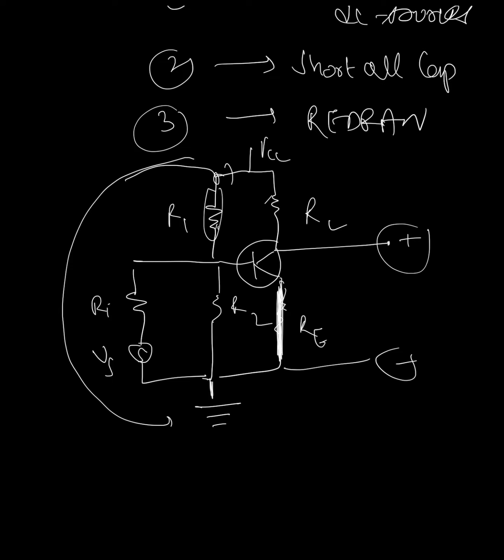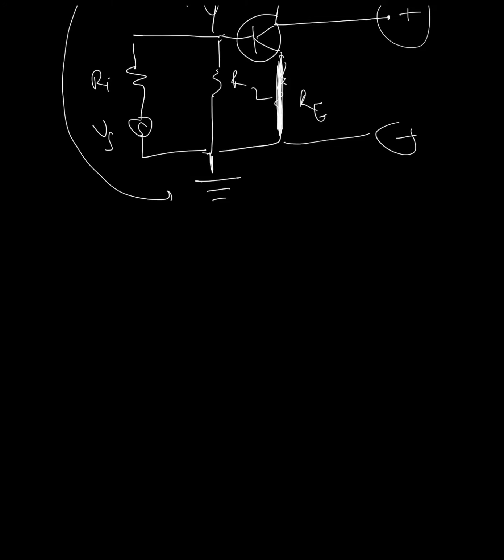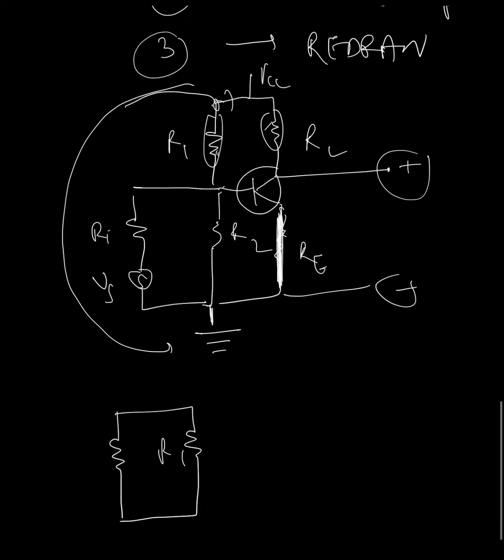These both to ground, connect them to the ground wire, and we get the equivalent circuit which would be looking like this. R1, this is R2,